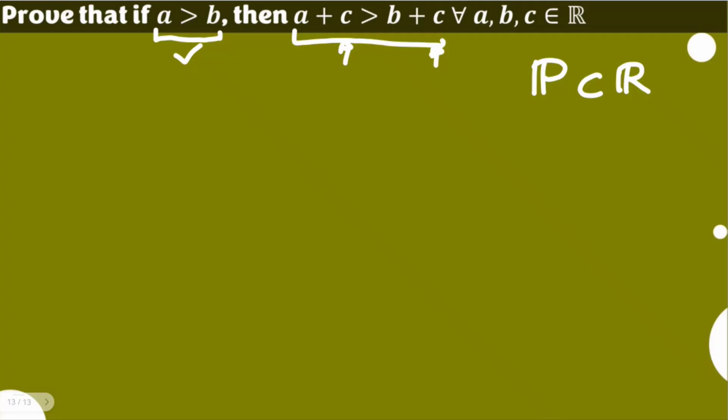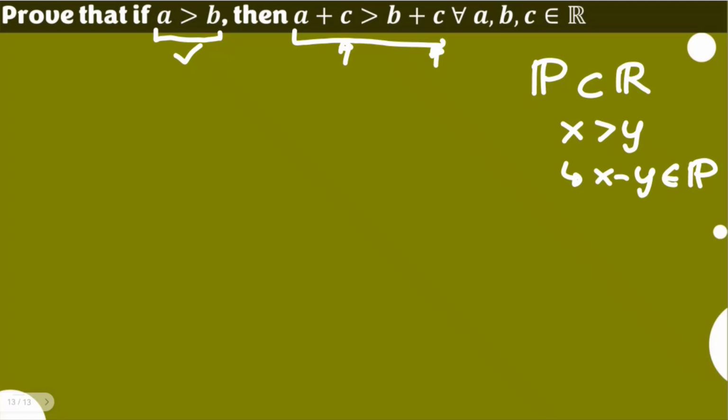We are reintroducing this because part of our proof later is this statement: on the set of positive real numbers, if x is greater than y, no matter how small or how large x and y are, this entails that if we subtract y from x, y being the smaller value, we will always get a result which is an element of the set of positive real numbers. No matter how small or large it is, as long as x is greater than y, we will always get positive numbers.